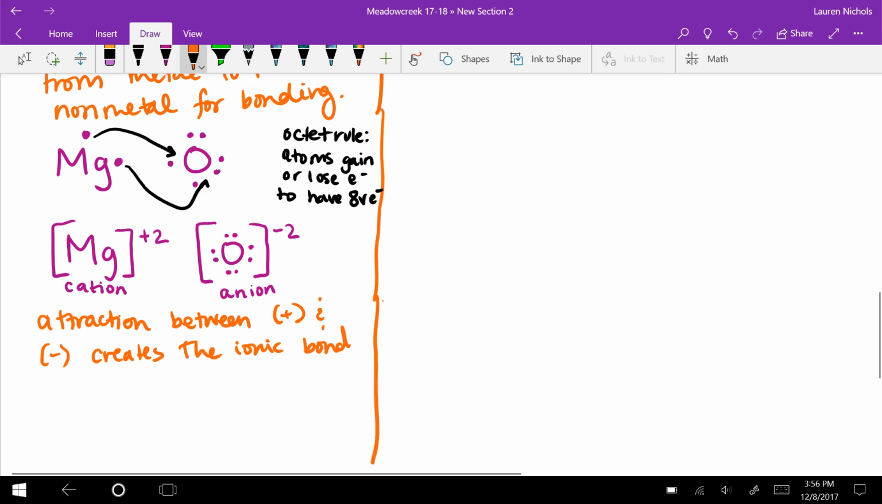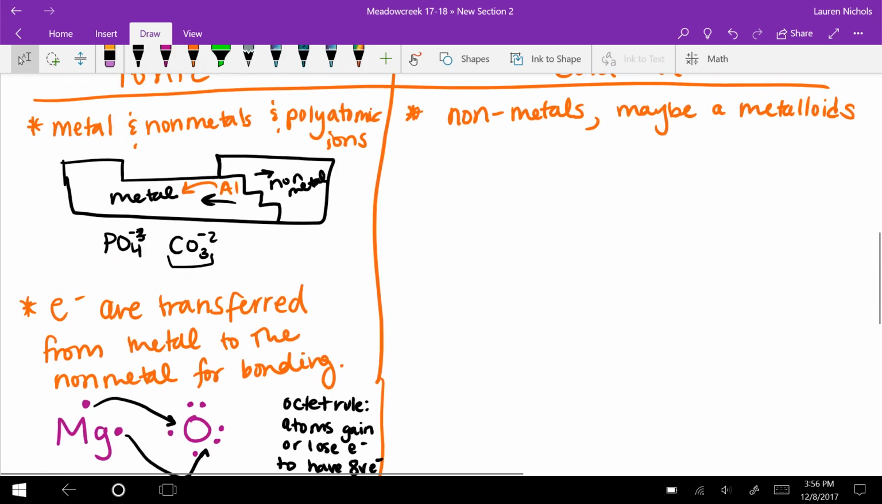Okay, now when we're talking about covalent compounds, electrons move in a slightly different way. And what I mean by that is that electrons are shared to create bonds in covalent compounds. Now, this is important because of several different reasons, because not all the time are electrons